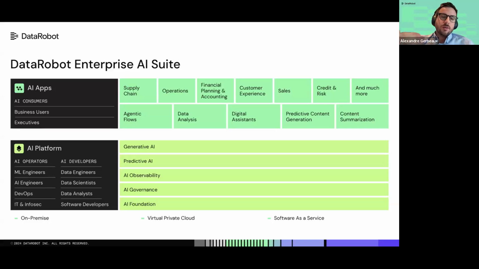For powering those AI applications, you have the AI platform layer. This is the bottom part of the slide, where the heavy lifting is happening. What we developed is a way for you to handle data preparation, testing, model governance, and model deployments. DataRobot offers you tools to be more efficient, and you can also bring your own tools if you need to combine those into one end-to-end pipeline.